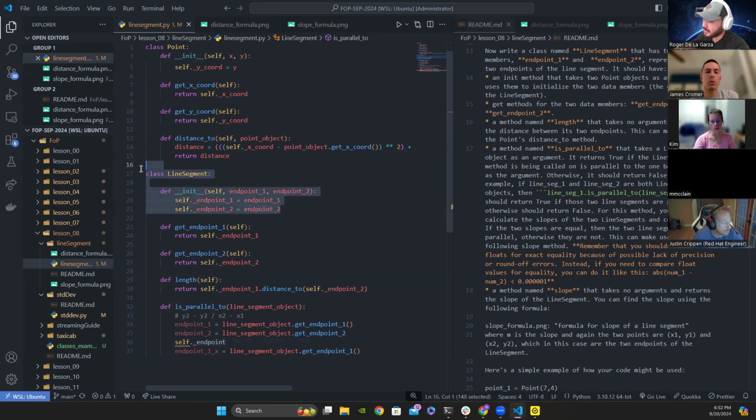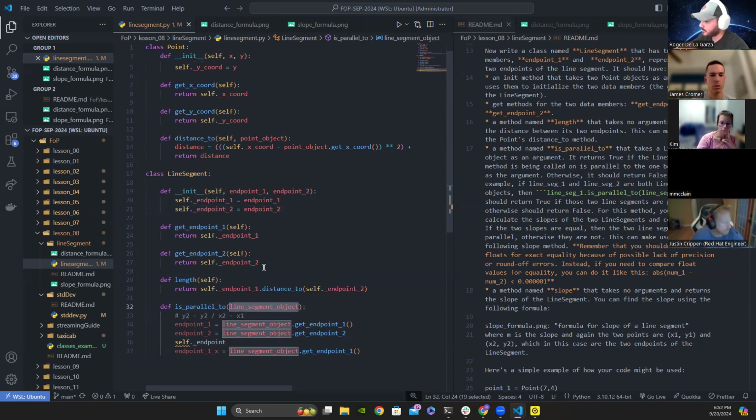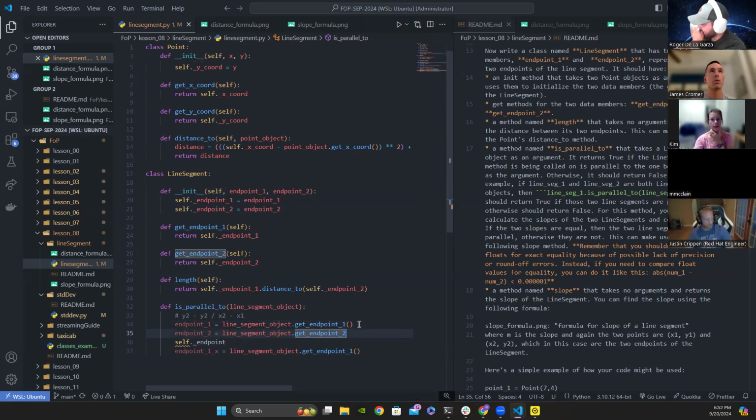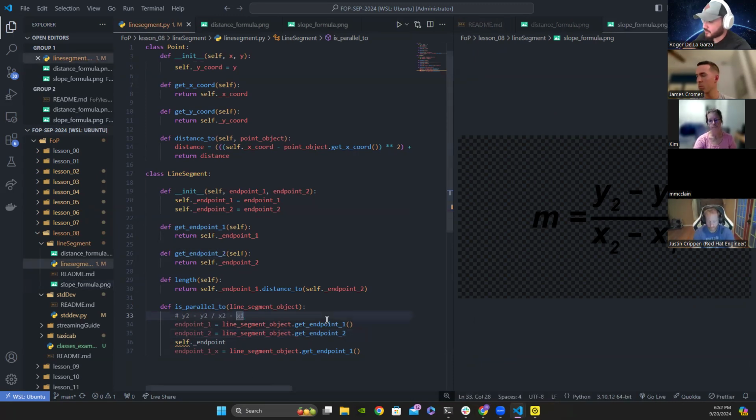So this is a line segment object itself, right? So it should have a start point and an end point. And then we're passing in a different line segment object within here. This line segment object has its own start and end point. But each point has an X and a Y coordinate, correct. Right? Yeah, and I guess that's where I feel like I'm getting confused here. We would have to use this formula on both line segments. Yes. Right? So we would have to do something similar